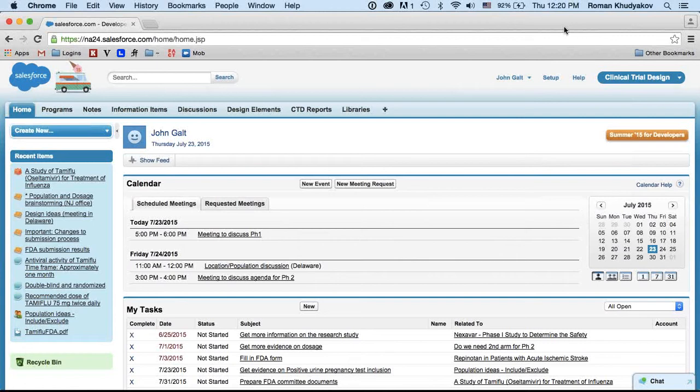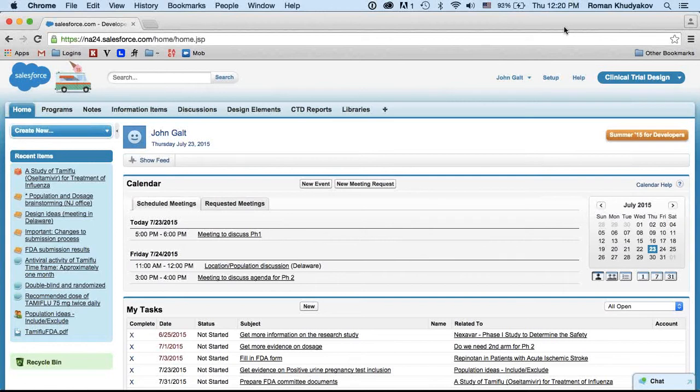I'm now logged in as a person working in the R&D department who is responsible for designing different clinical trials. On the home page, I can see all my activity log. This tool is bidirectionally synchronized with Microsoft Outlook, so whatever you plan here is automatically visible in your Outlook